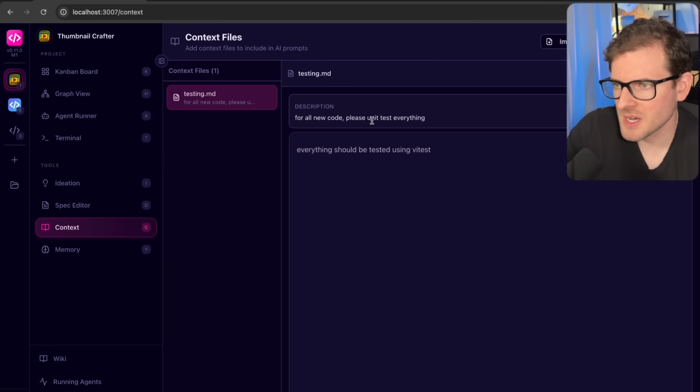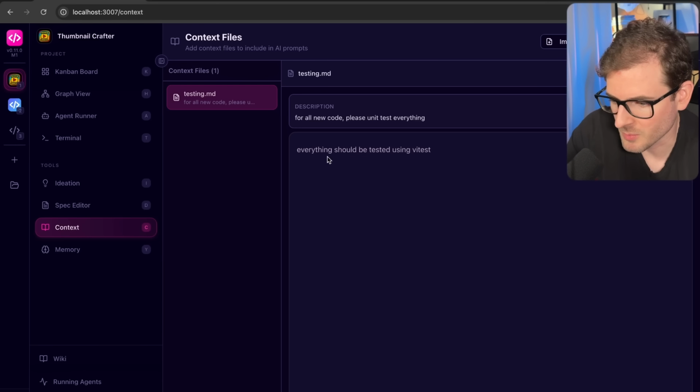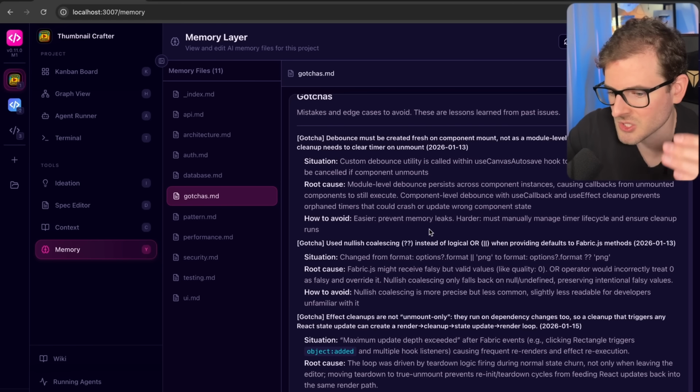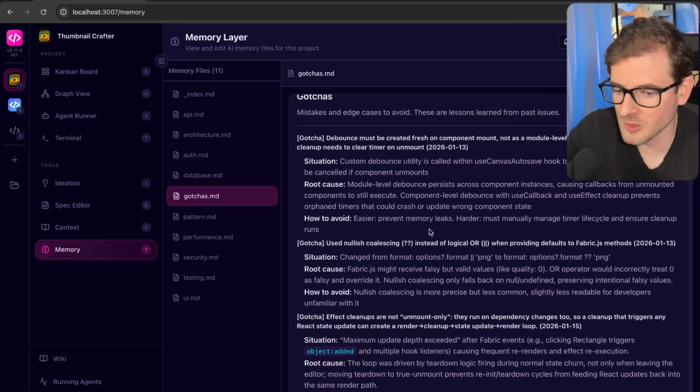So it kind of uses progressive disclosure to figure out what context files should be attached to your prompt when you're prompting. And then we also have a memory system. So when it's implementing things and it runs into issues or tries to debug, we have a gotchas file. It documents the gotchas that it ran into so that maybe in the future it won't run